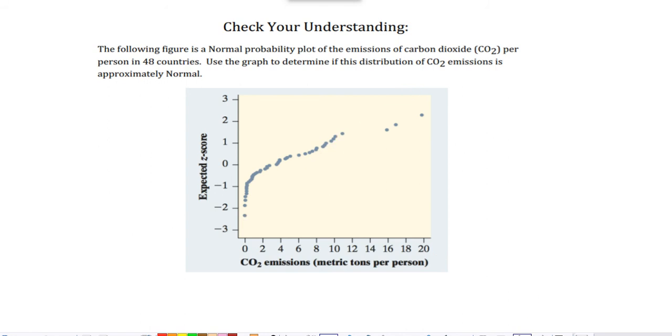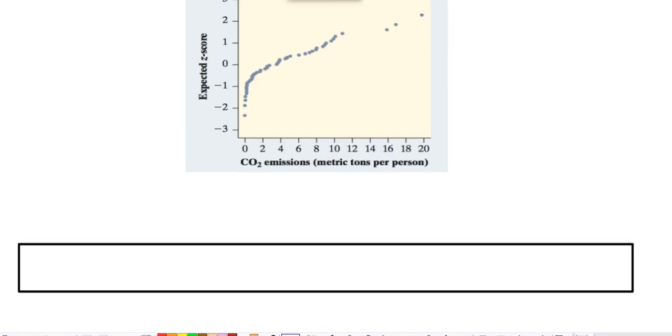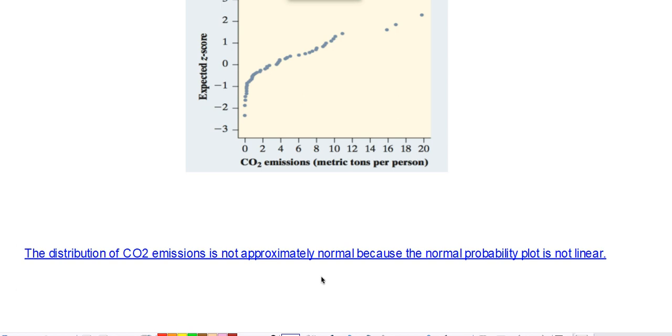You do not say that because the normal probability plot is curved, you don't say anything else, you just say linear or not linear. Okay? And so, let me click my answer in here, and of course you're going to add the context. The distribution of carbon dioxide emissions is not approximately normal because the normal probability plot is not linear.